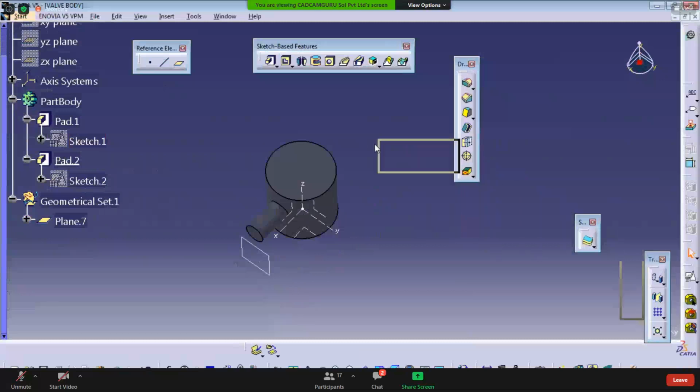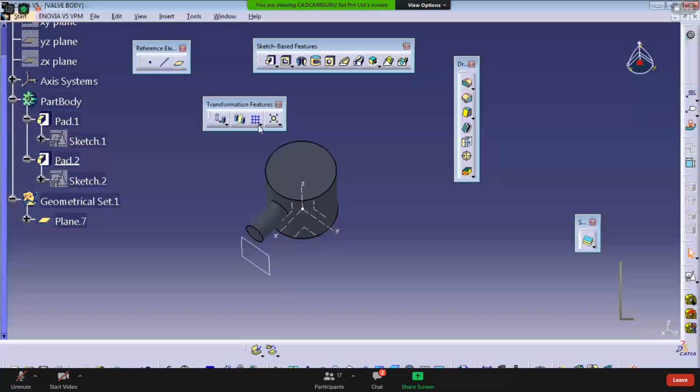If you want multiple instances, so here is an option of pattern. Which pattern? Circular pattern.